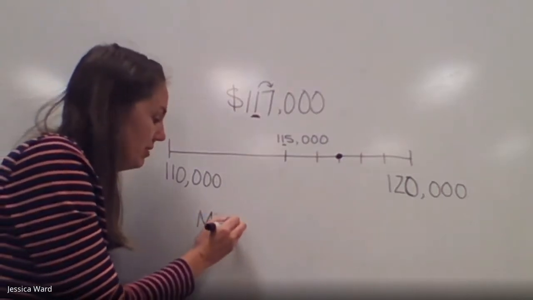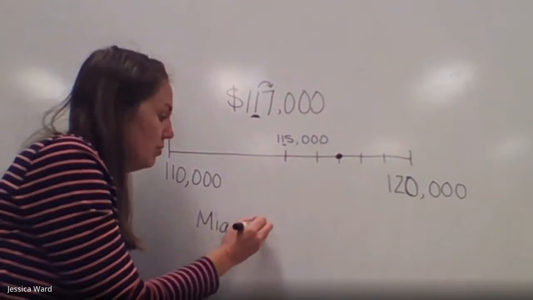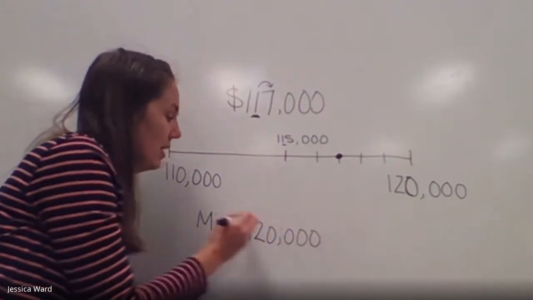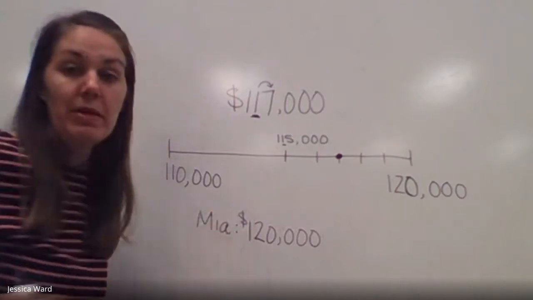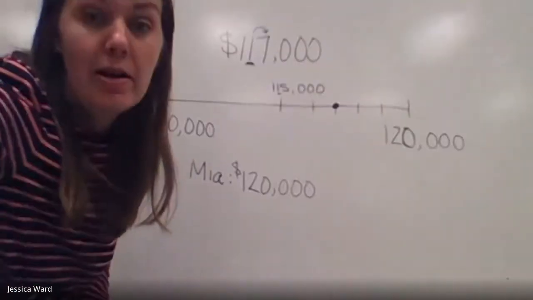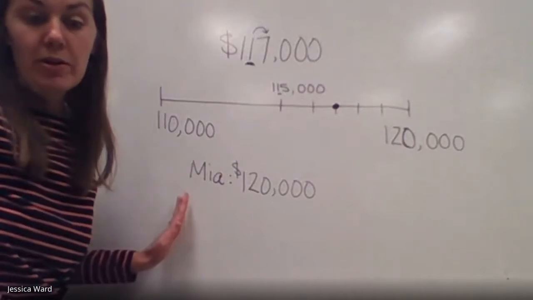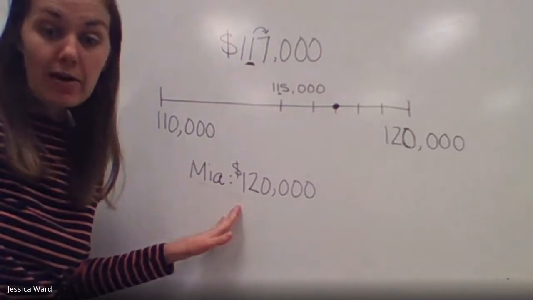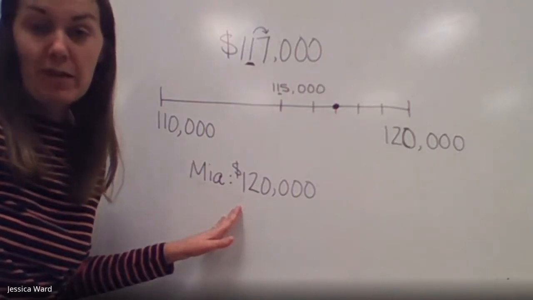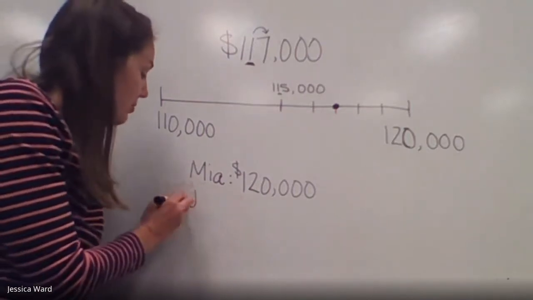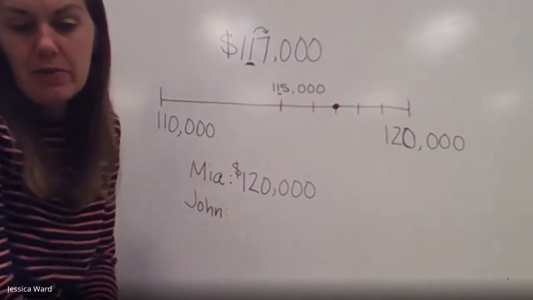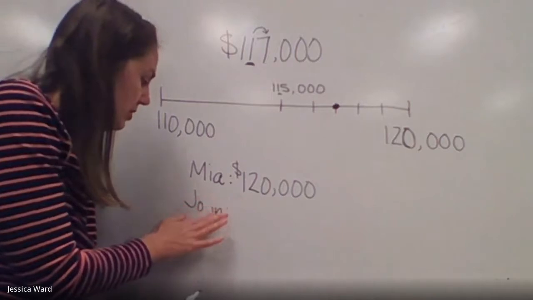Mia is going to round her number up to 120,000. And we're talking about dollars here. So Mia's going to estimate that Tanaka Toys earned, or spent rather, $120,000 developing a new video game. Now John, no H in his name,